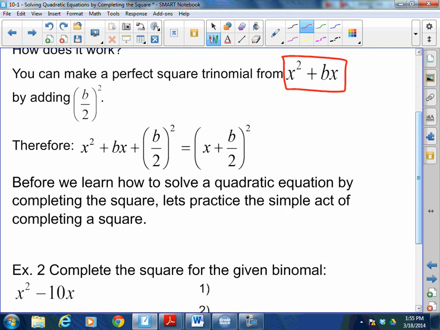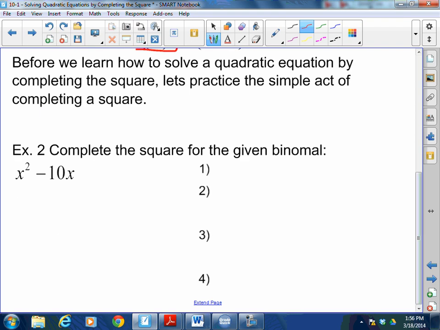If I have x squared plus bx, if I add b over 2 squared, I will get x plus b over 2 squared. I will create a perfect trinomial. Let me explain how this works. Before we learn how to solve a quadratic equation by completing the square, let's practice the simple act of just completing the square. For example,